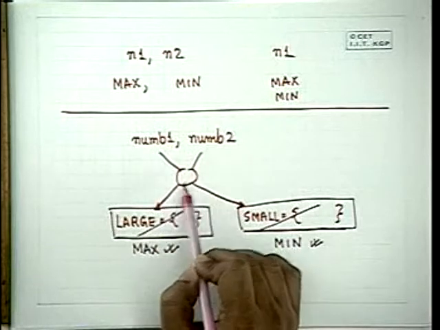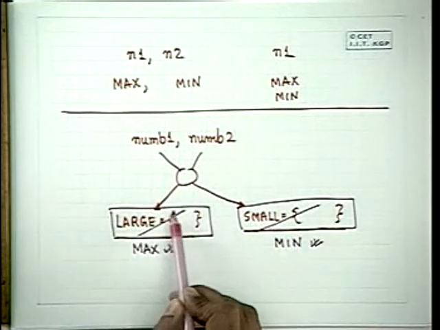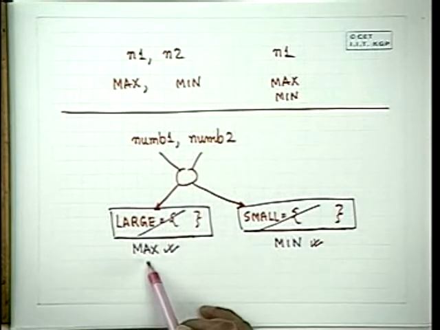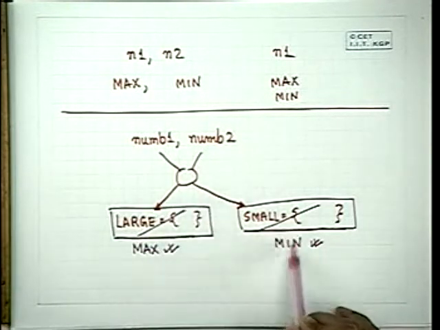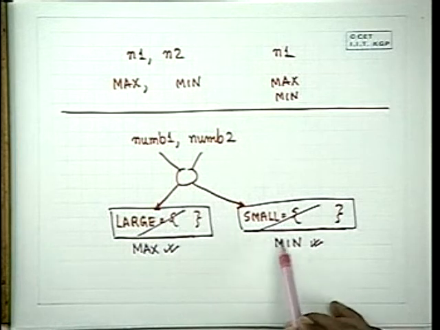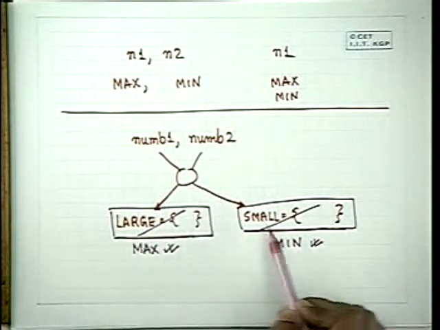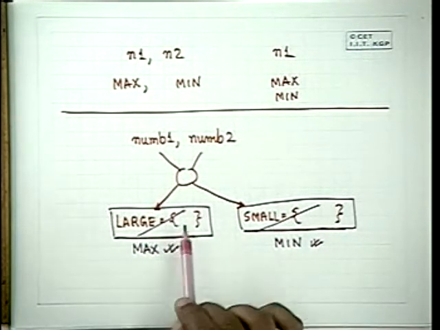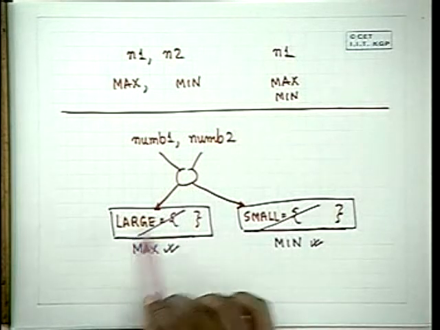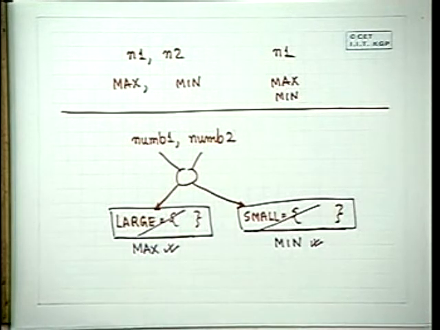We wouldn't have saved a number of comparisons anymore, but we would have definitely not required these two arrays at all. So we can get out of these two arrays by saying that when you compare num1 and num2, then the larger one you compare with the max and update the value of max, and the smaller one you compare with the min and update the value of min. That way you will not require these two arrays. With this simple modification, you will reach an algorithm which does not require any arrays anymore.